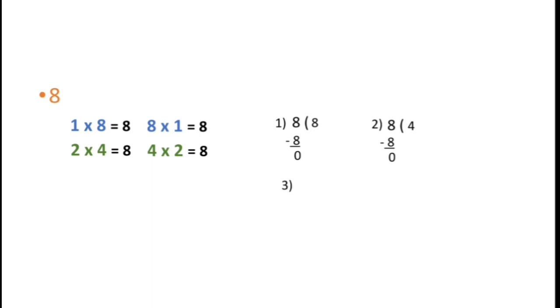Now let us take the next number 3. Do we get 8 in 3 tables? No. The lesser number than 8? 6. 3 2s are 6. The remainder will be 2. Let us take the next number. After 3 we have 4. 4 2s are 8. It is completely divisible. We get the remainder 0. We have already done it. 8 divided by 2. It is already done.